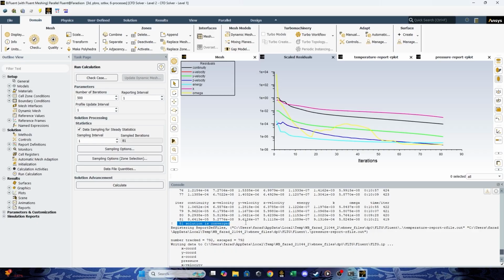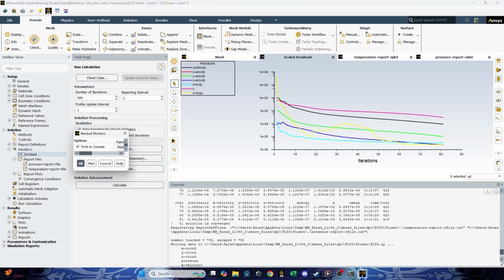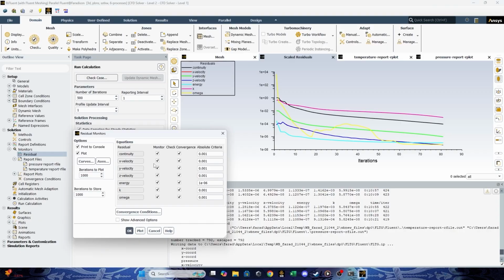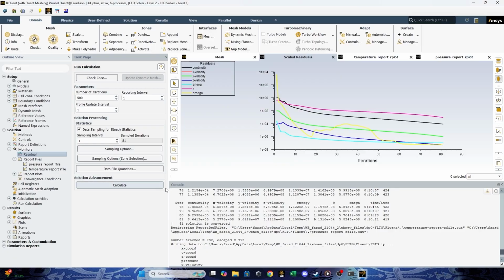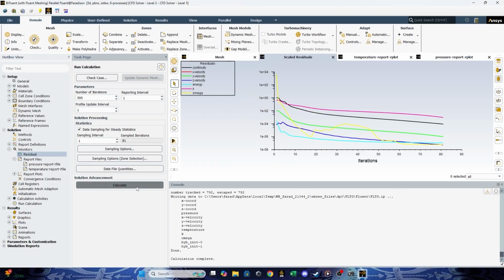But if we want to do more iterations, you can go here to the monitor, go to residuals, open the advanced option, and then set the convergence calculation to none. Okay, and then do the calculation.